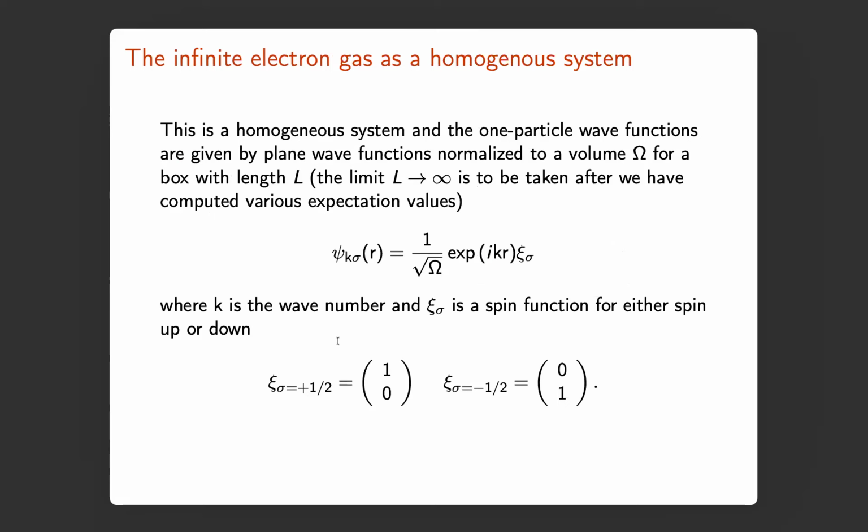So after the break, we are going to remind ourselves about some properties of plane waves. And when we are going to look at the homogeneous system in the limit where volume goes to infinity, then the solution to the problem is going to be given by a plane wave multiplied with the spinors we have for spin, because we are dealing with a spin up and spin down system. But I'm going to remind you of some of these technicalities after the break.